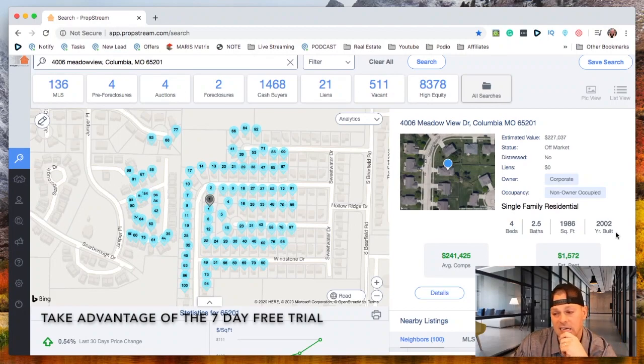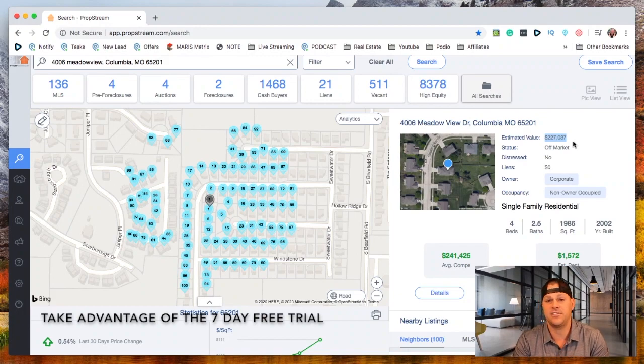I bought this house in 2005. So it was only a couple years old when I bought it. I've owned it for 15 years, and I only owe about $50,000 left on the mortgage. When I bought it, I paid $165,000 for it. The estimated value right here on this site says $227,000, and I don't think it's that far off. I think this may be a tad high, but I'm confident I could sell this house right now for around